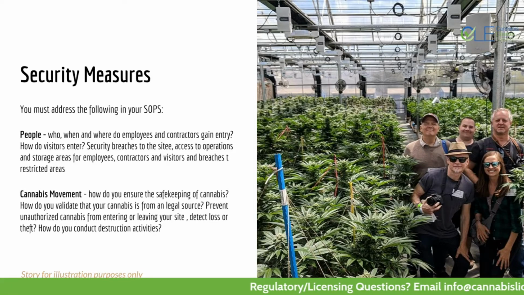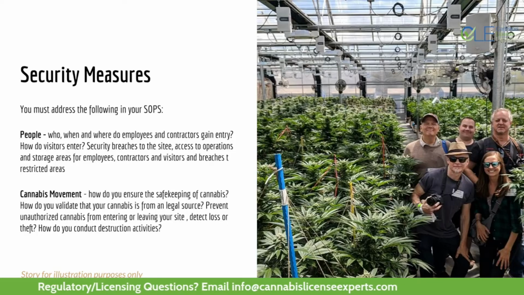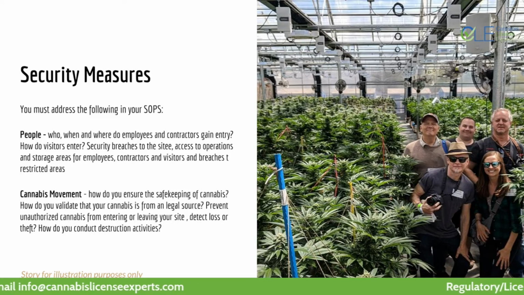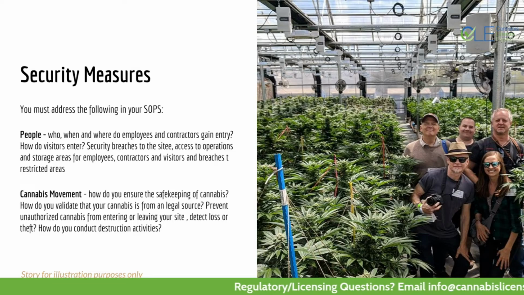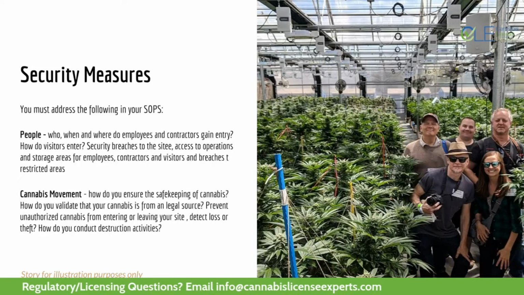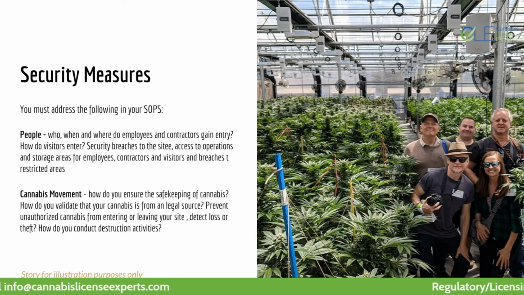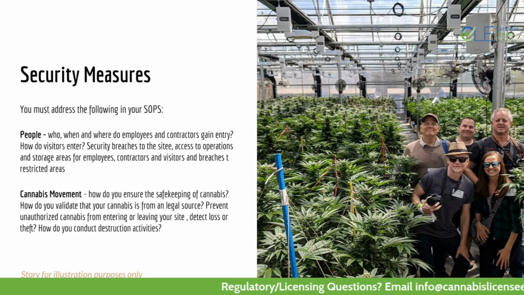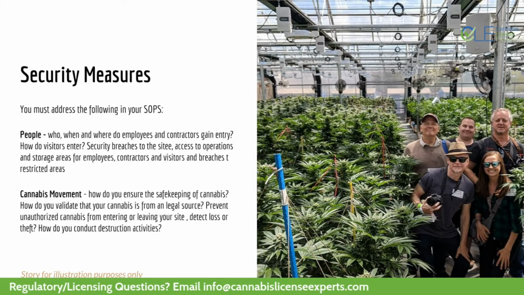Have them overhead on all of your grow rooms. Have them in any transitory hallways, your mother rooms, your clone rooms. Again, anything that enables you to track what is going on with your product within your facility from the moment it enters to the moment it leaves. And even if you're responsible for that shipping and delivery, you want to make sure you have that under control as well. And that you have the right processes in place to validate, make sure what you're doing is working,